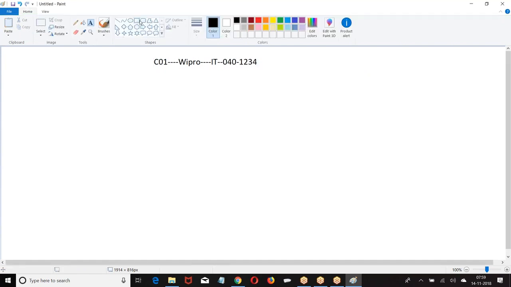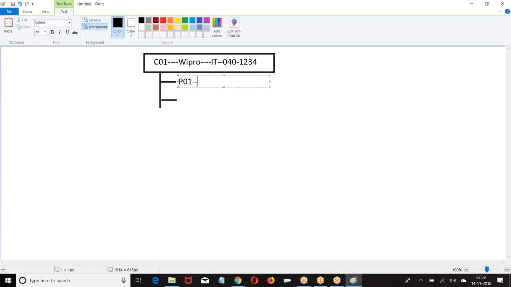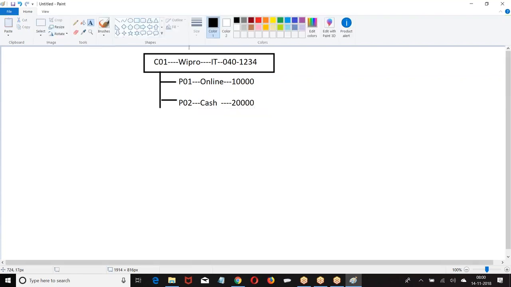This is one master record. This master record may have a group of child records. So we have a master record with the corresponding child records.